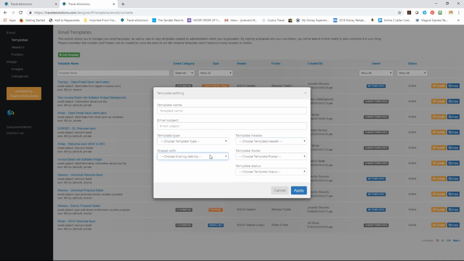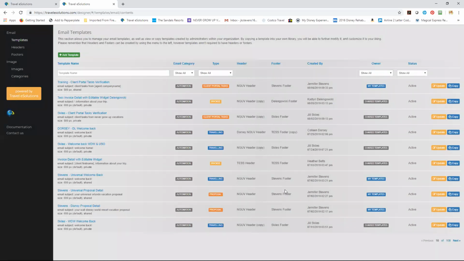Again, you choose the sharing setting. You've got the header footer option and the template status. And then once you've done that, it's kind of like a big sandbox where you can go in and construct it how you want. My suggestion is, especially at the early outset,